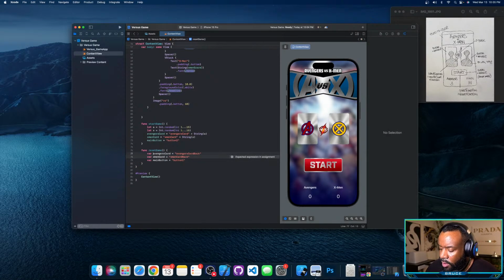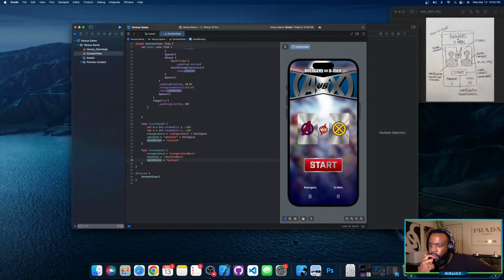We'll just copy paste that. So we'll flip the Avengers card back over. We'll flip the X-Men card back over. And then we'll put the button, main button, back